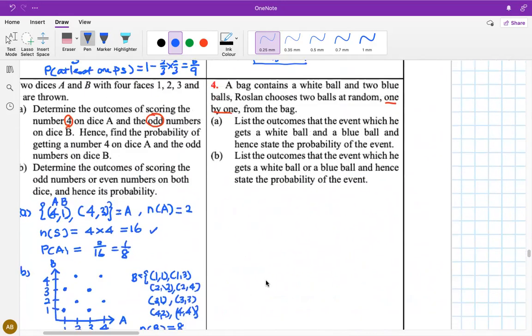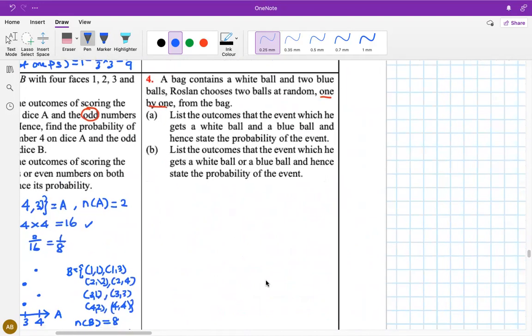Okay, let's do number 4. A bag contains a white ball and 2 blue balls, and Roslan chooses 2 balls at random, one by one from the bag. Find the outcome of the event when he gets a white ball and a blue ball, and hence find the probability of the event. So here we have